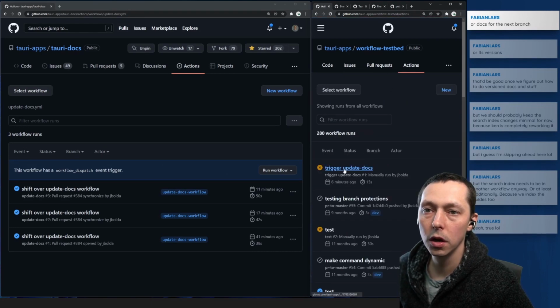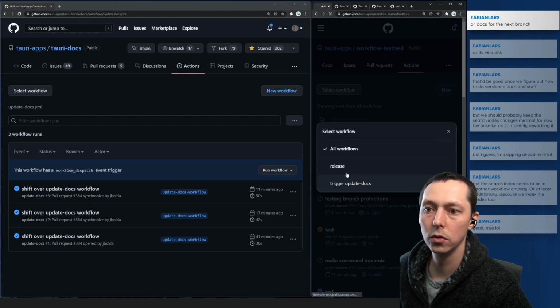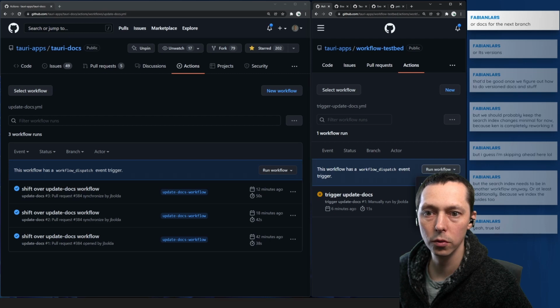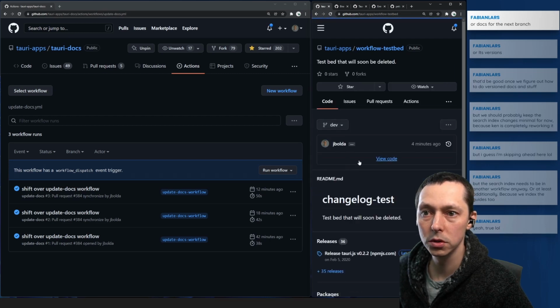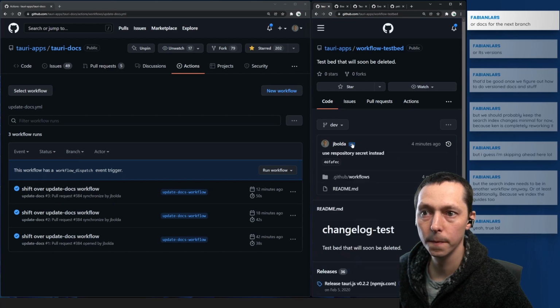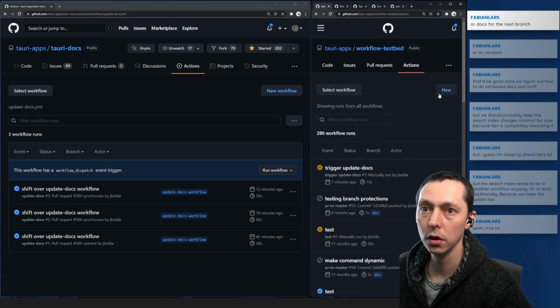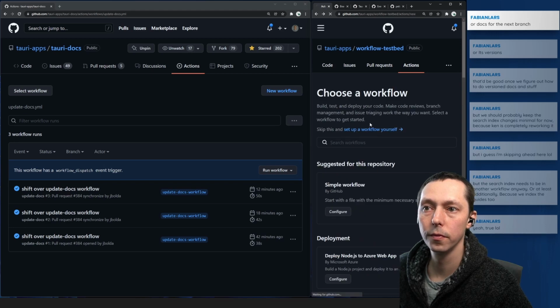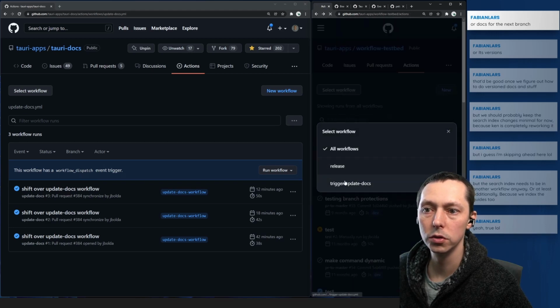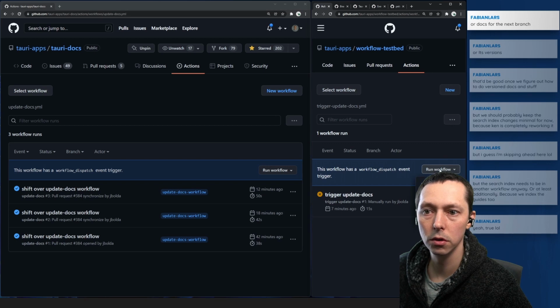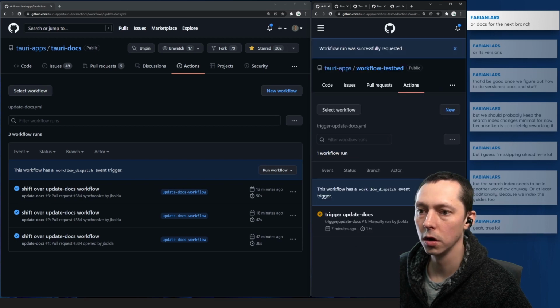So we ran that one. We had an issue with permissions. We hopefully have fixed the permissions because I pushed a change to use the repository secret itself. On the side, I said the repository secret because security. Oh, I want a new workflow. I want to select and I want to run. So now this is going to run